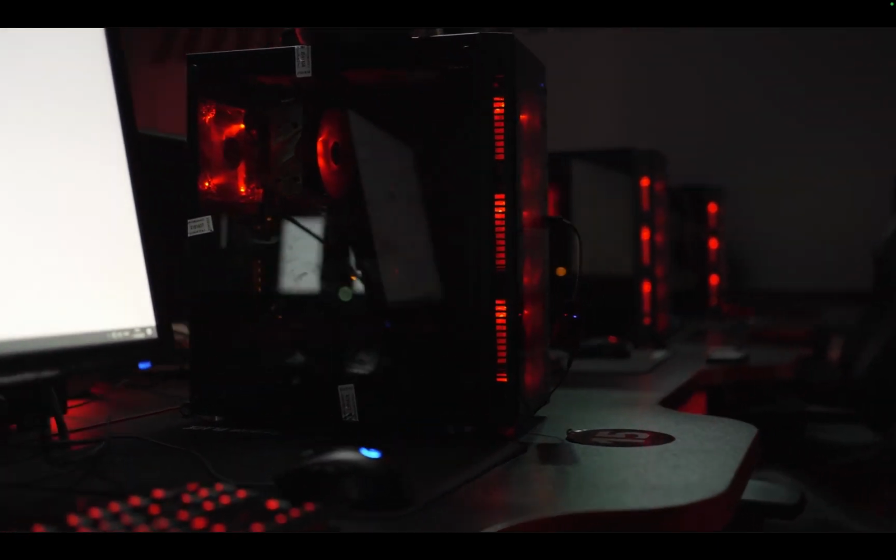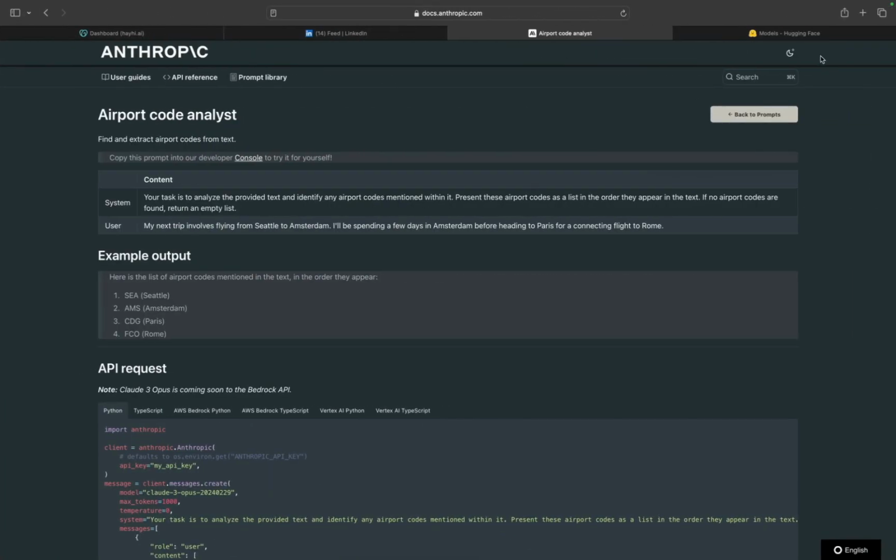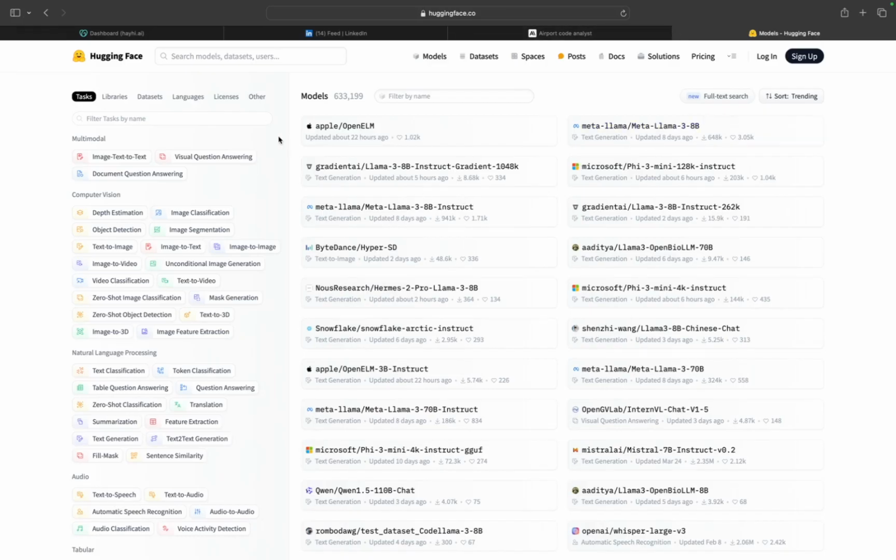So a model that has several hundred billion parameters ought to be better than a model that only has 10 million. So that's why this parameter is important, because you are going to hear of more models being released by different organizations with the brag of the number of parameters that the model was trained on. And as the training techniques improve, it may no longer be as important or as crucial to have a huge number of parameters. But if we have a look at Hugging Face, you can see there are